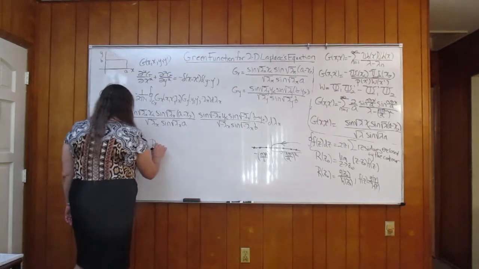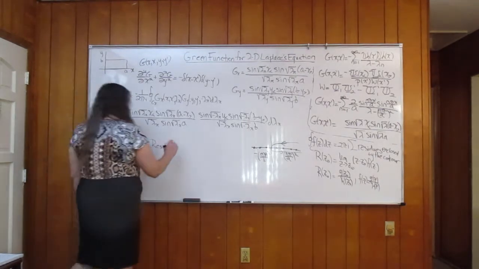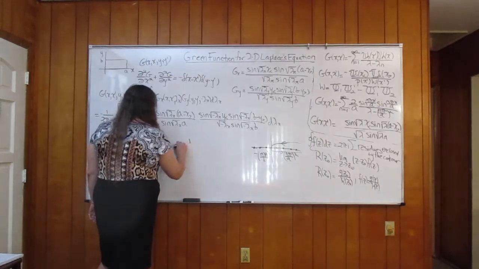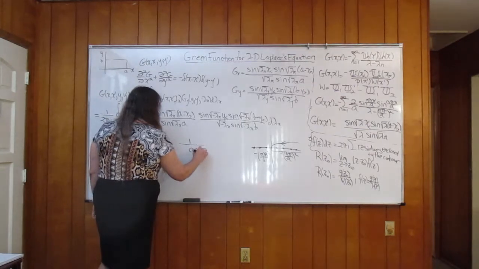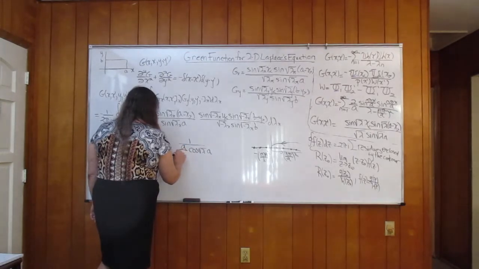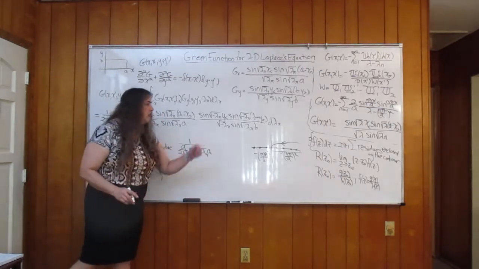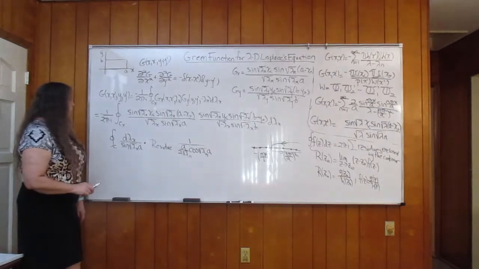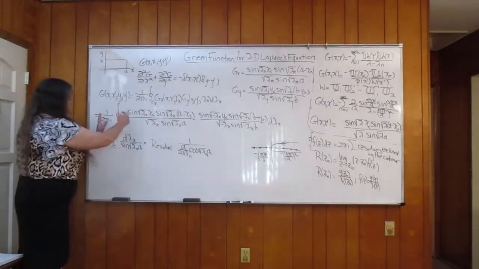Therefore, the residue due to that factor by itself is just going to be equal to 1 all over cosine square root of lambda a, times a over 2 square root of lambda n. Remember, that's evaluated at the pole, which we'll call lambda n. Remember lambda n is in fact equal to n pi over a squared. Okay, so that's the residue if you were just calculating the integral of this